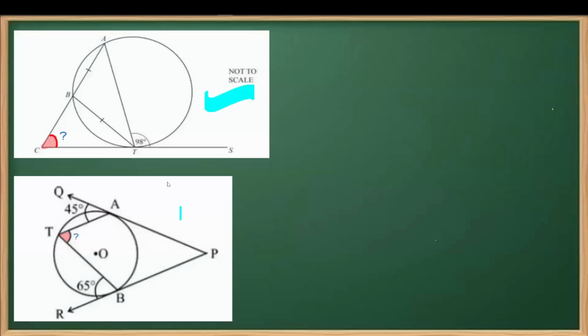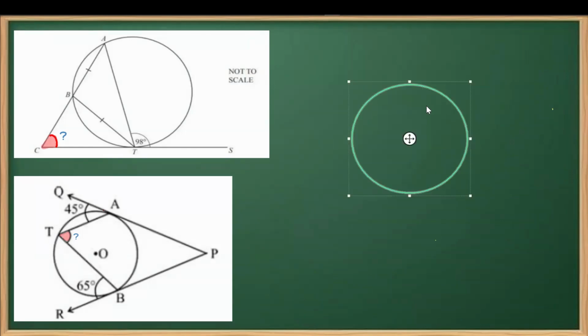In this video, we are going to do these two questions, which are based on alternate segment. Before we do this question, let's understand what an alternate segment means here. If I make a circle and any tangent, let's say I make this tangent over here,